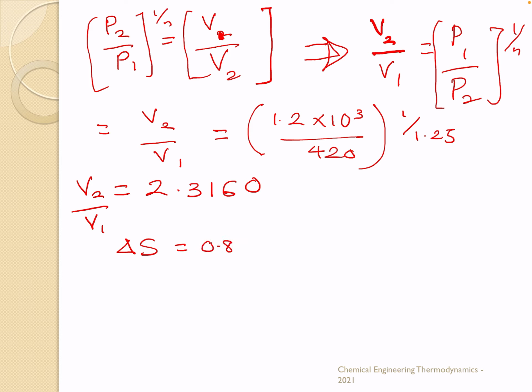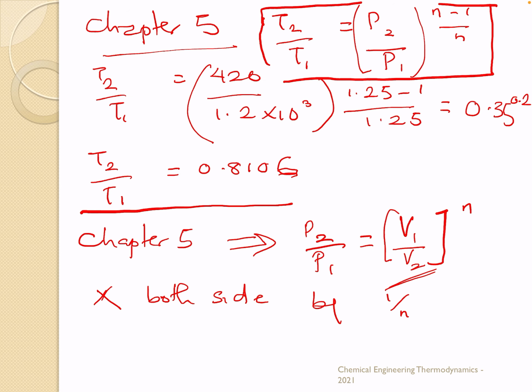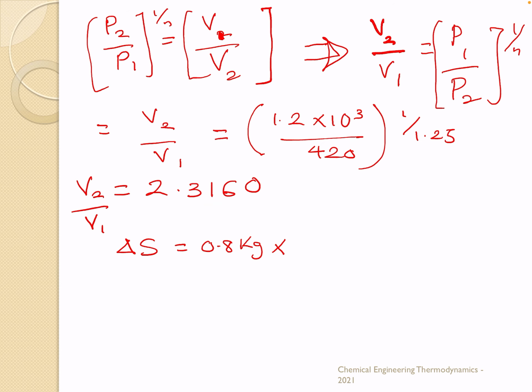Let's put in our units as well, to see if we are on the right path. The equation again is m cv ln, so this is our m, and this is our cv, 711 joules per kilogram K,